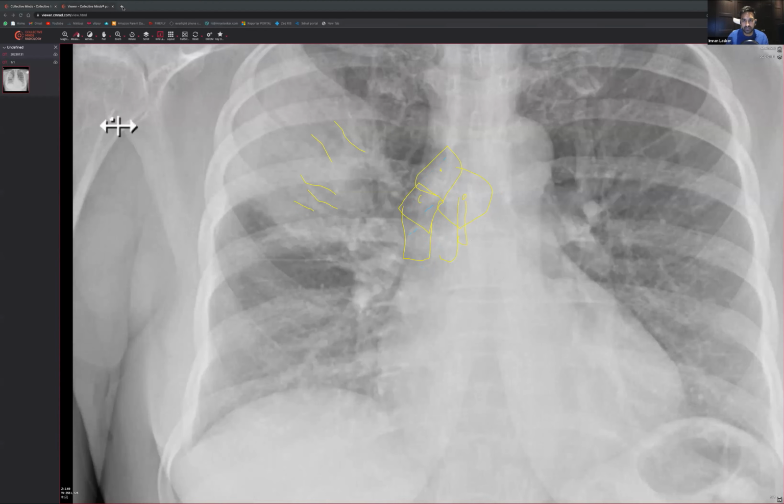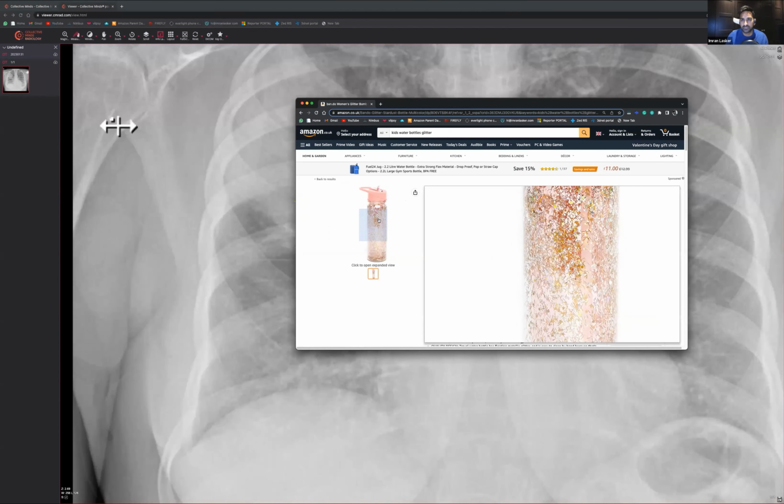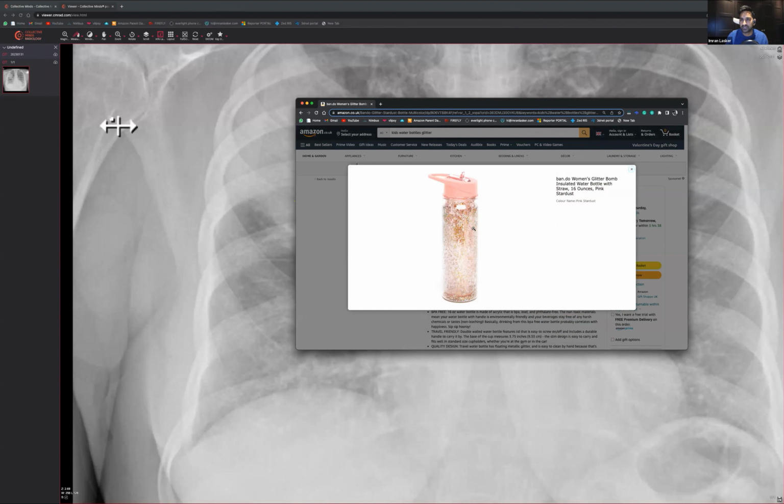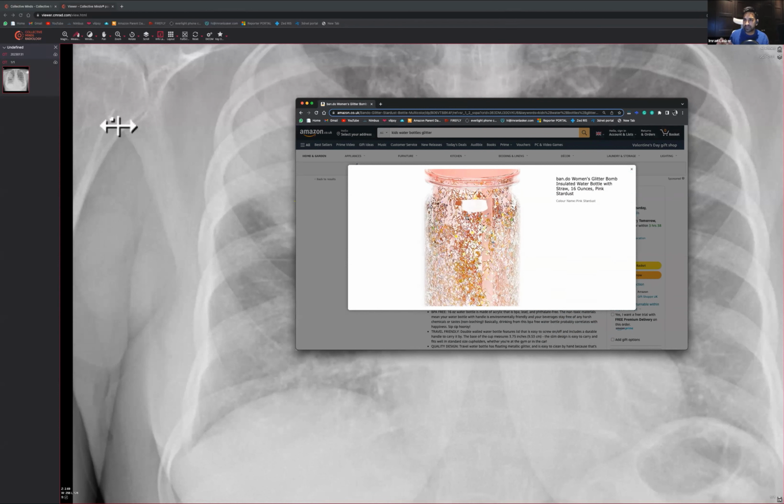And the way I like to explain it is, if anyone would like to buy this for me, that'd be lovely, try and look at this bottle. Some of you may have seen these bottles when you go to Amazon. My kids have got these ones. They've got a plastic layer, then always glitter, then another plastic layer, then where you've got your drink, and then a straw within the middle. You may notice that when you fill this up with water, the straw doesn't get full of water. That stays completely full of air.